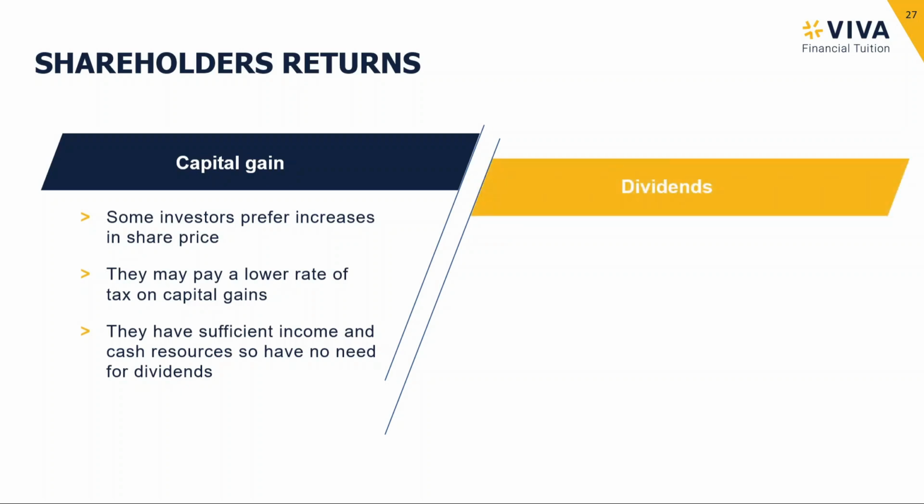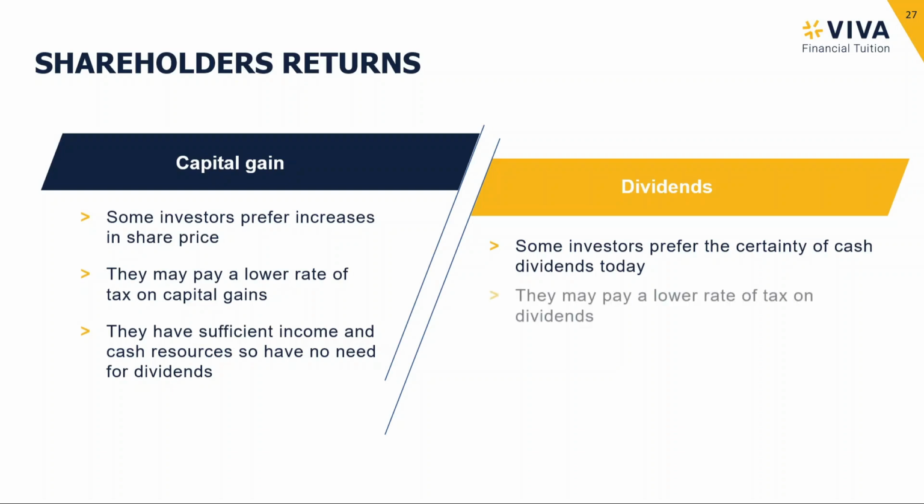Other shareholders, on the other hand, might prefer a nice steady stream of dividends. They prefer then the certainty of those cash dividends paid out regularly. From their point of view then, they might be paying a lower rate of tax on those dividends. Again, this is a very personal